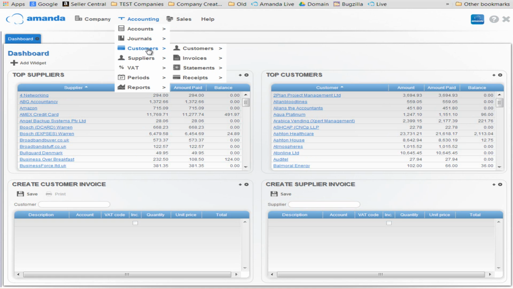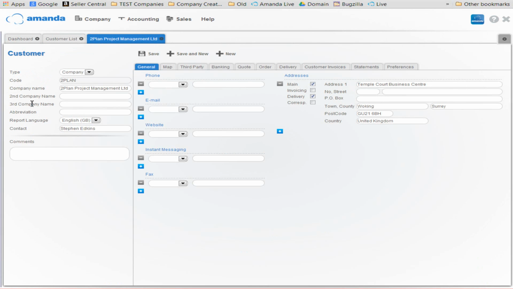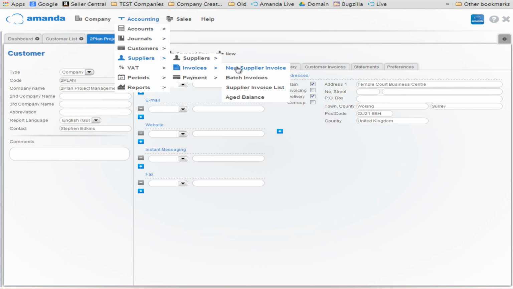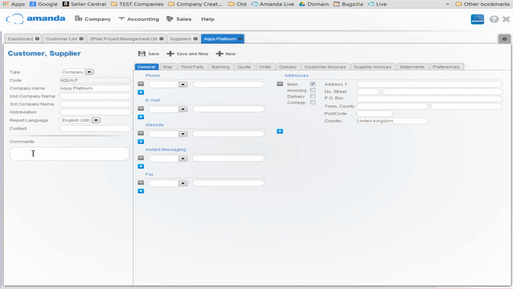So what I'm going to do is I'm going to show you a customer first of all. If I take a look at this customer here, what you'll actually see at the top now, instead of just saying contact, it will tell you what type of contact it is. And in this case, it's a customer. If I go back to the supplier list and select this one, you will see this one is a customer